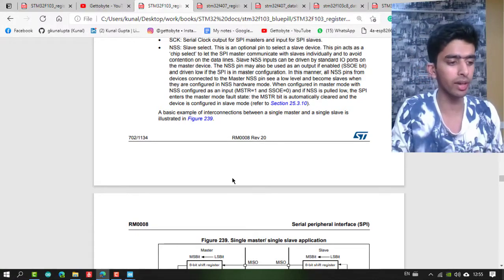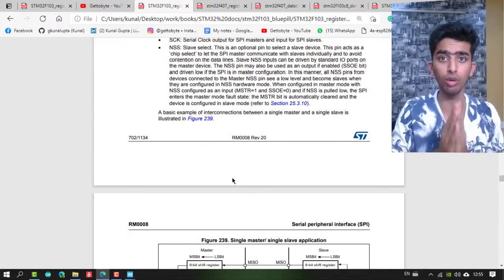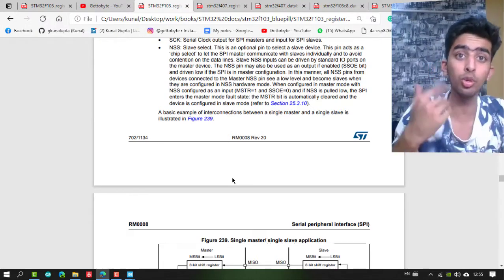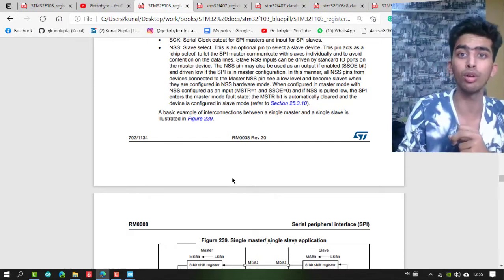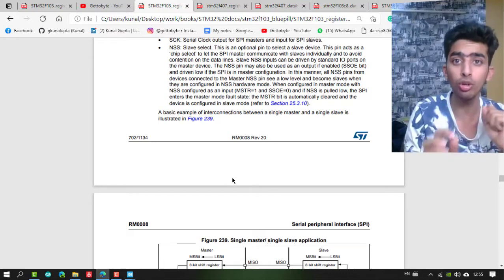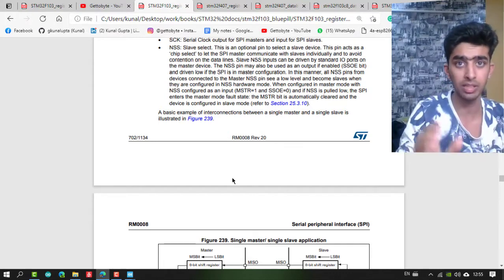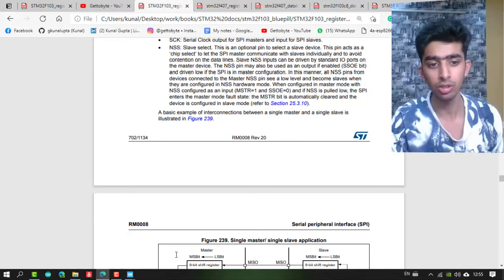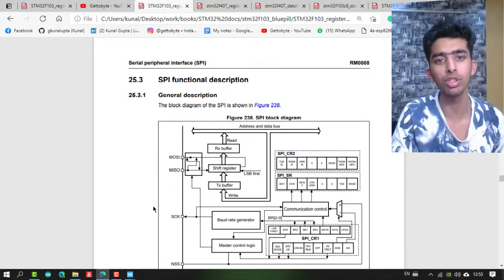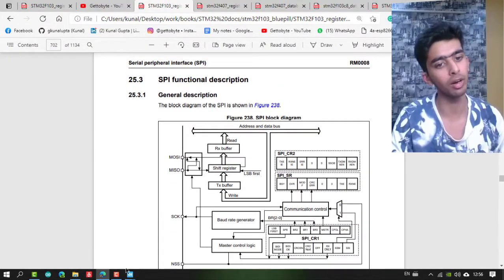But just one thing to say: if you do bare metal properly on a particular STM32 microcontroller, you will see that for another STM32 microcontroller of any family, you can easily import your code and easily understand it, and almost all the bytes and bits are completely the same. Okay, this is what I wanted to tell you before I proceed further with SPI. Now, getting started with our SPI firmware development.